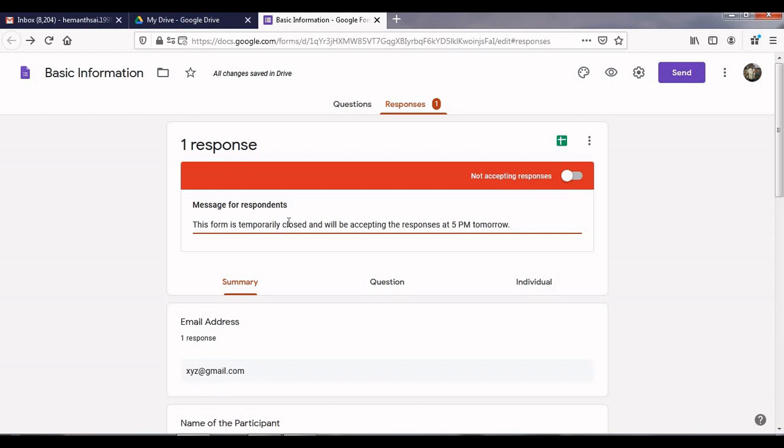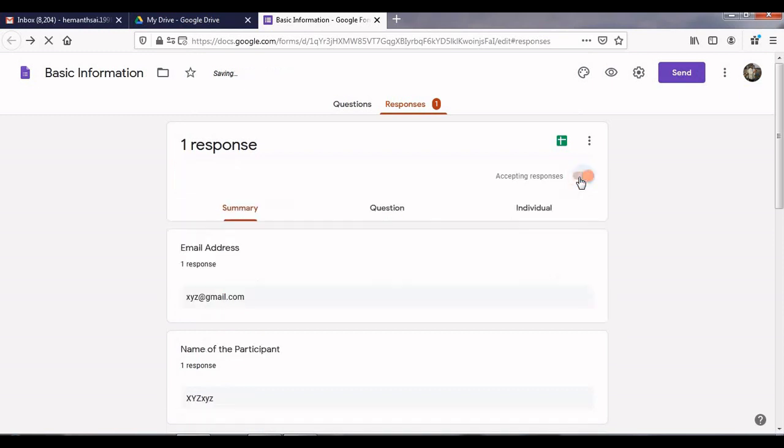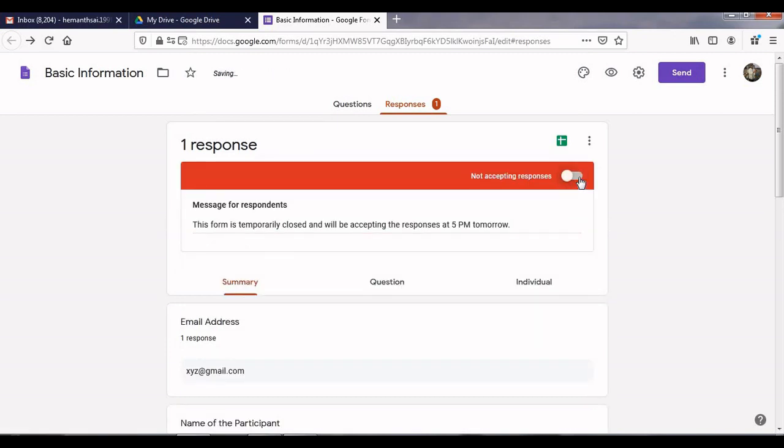If you close the responses at some time, depending on your interest, when one clicks on this link, it will be like this, and when you open the responses, one can easily use it. And if you close the responses again, there will be a message like this: this form is temporarily closed and will be accepting the responses at 5 p.m. tomorrow.